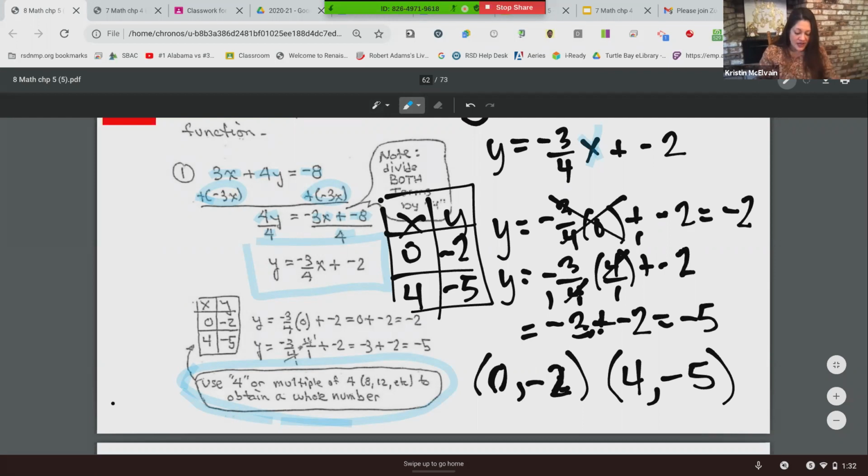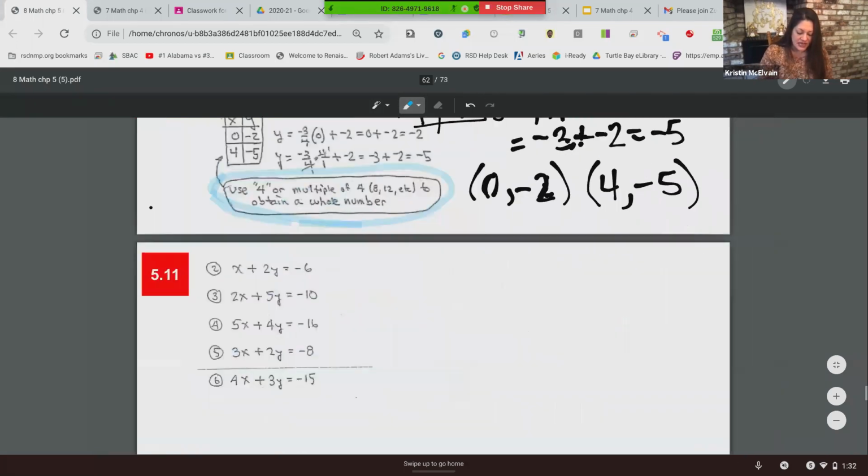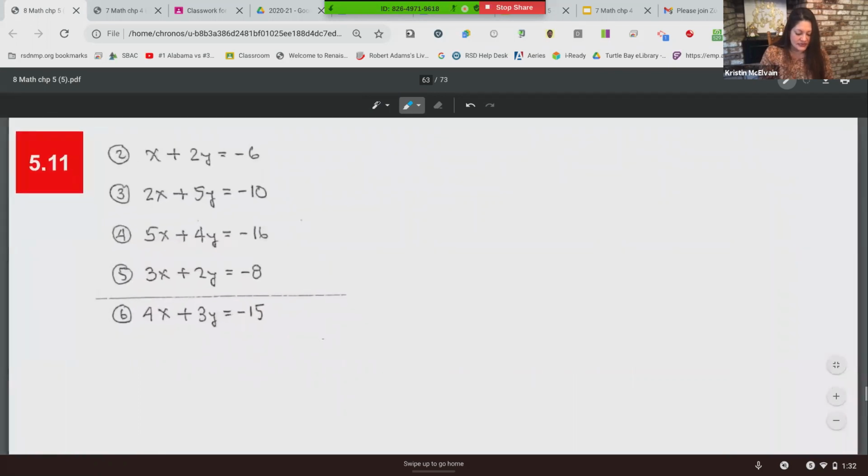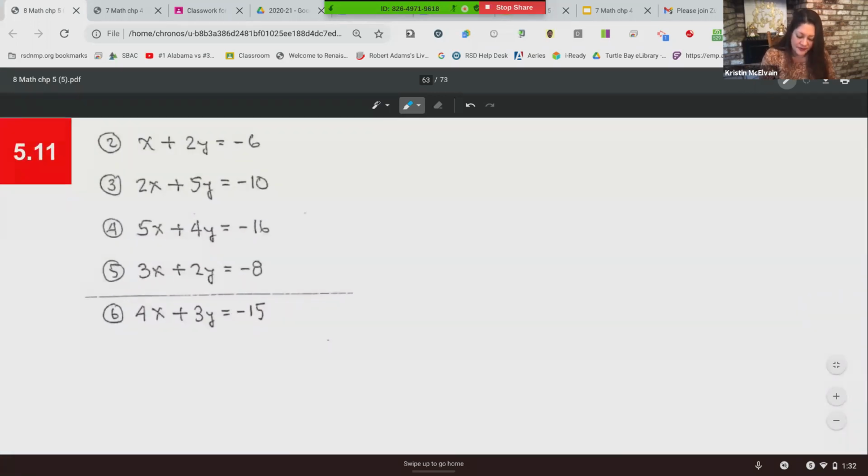All right, so now we're going to have some practice, and we're going to do that with 5 more problems to practice. Okay, so our first step is we're solving for y, and then we're coming up with 2 different points. Okay, so number 2,